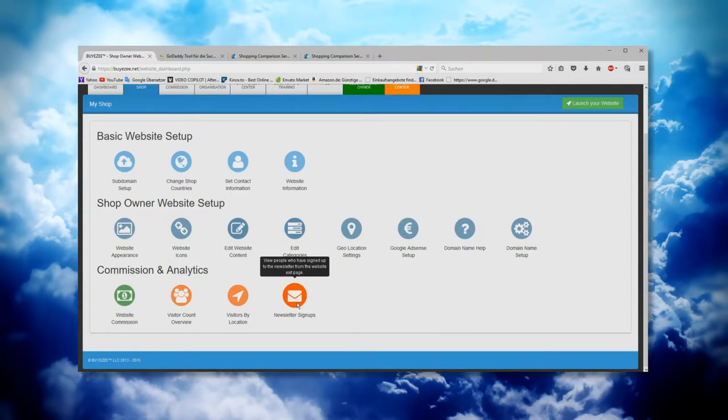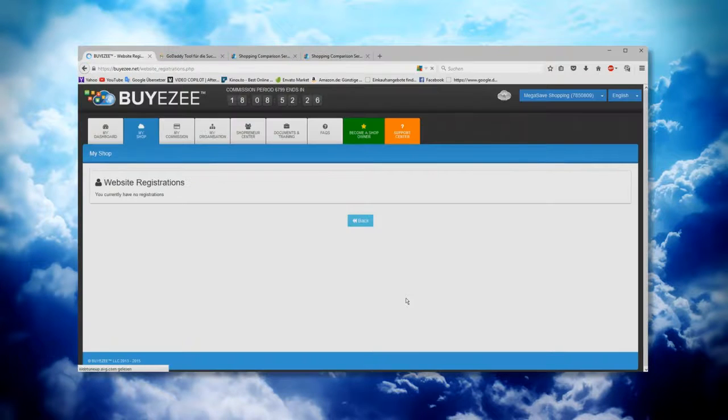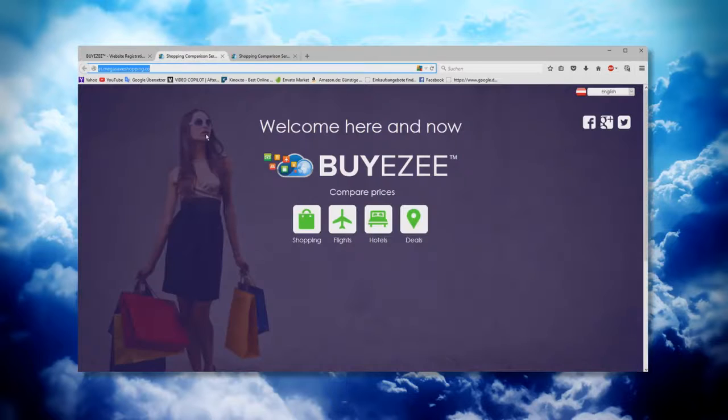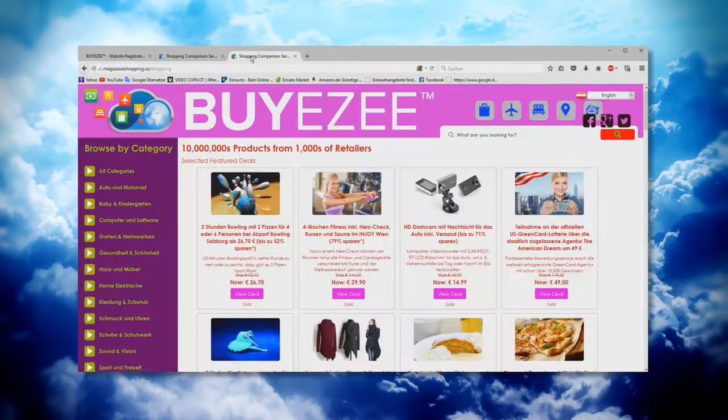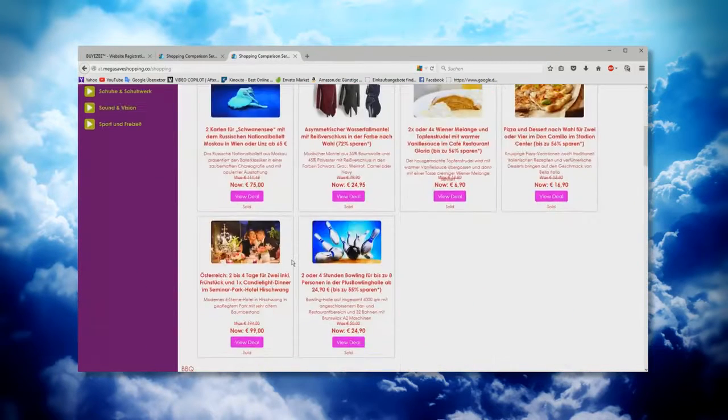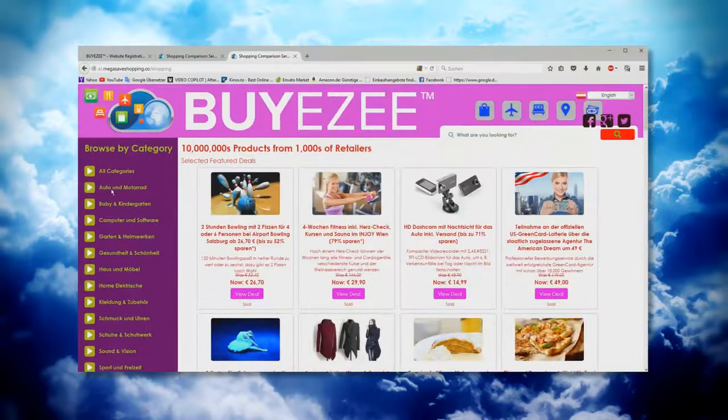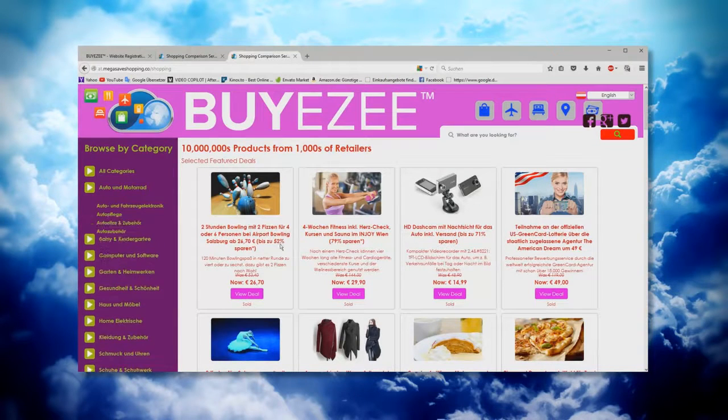Now we have one more, the last button, newsletter signups. So what does this mean? At the moment it says you currently have no registration. But let's go here on your shopping site, megasaveshopping.com, and for example, whatever deal, let's say you're looking for a car,